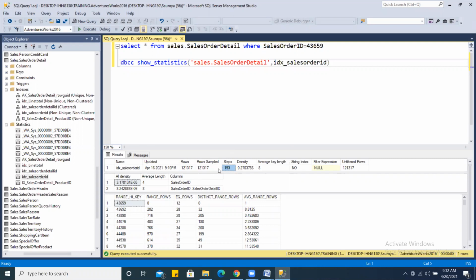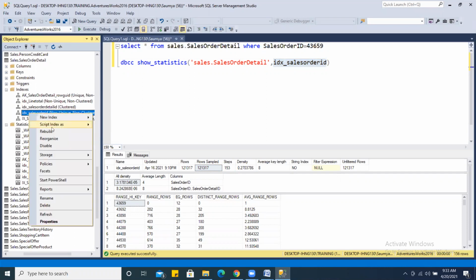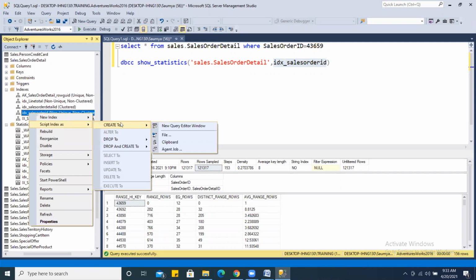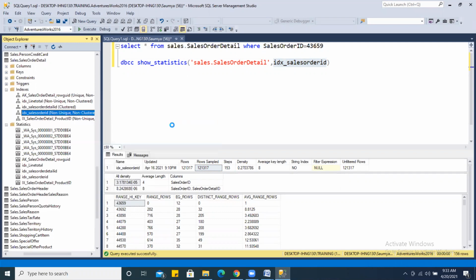Then steps. What does it mean that statistics has information of 1,21,317 rows for the sales order ID column? Because if you see the definition of this index, IDX sales order ID, you will see that this index is created on the sales order ID column.